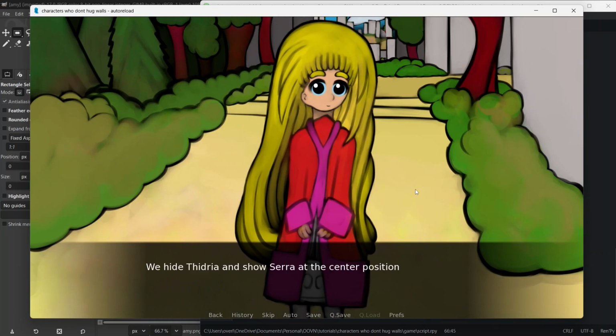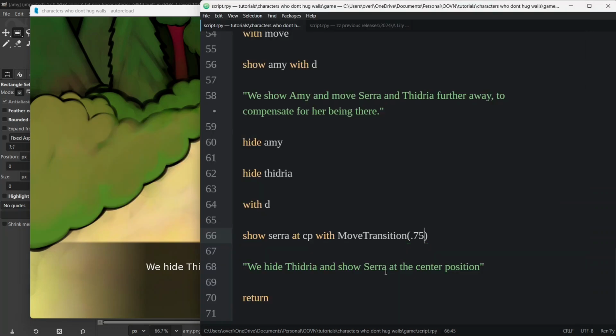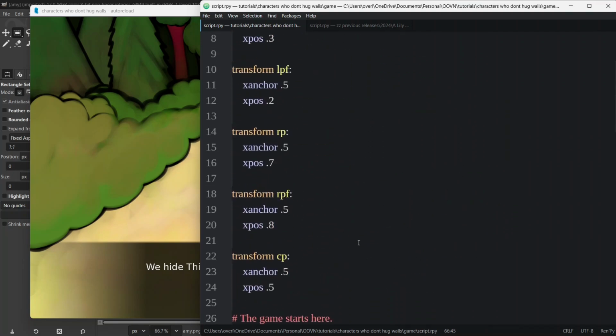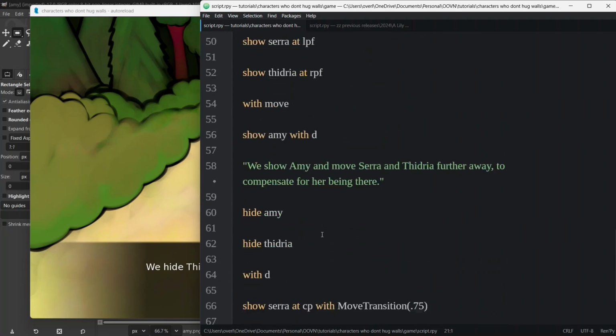And there you go, right? So that is how you modify, like we went over a little bit of modifying the movement transition speed. We went over having a few more transform things going on, different positions that they can be in. Lastly, I just want to